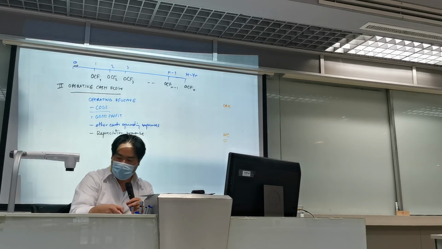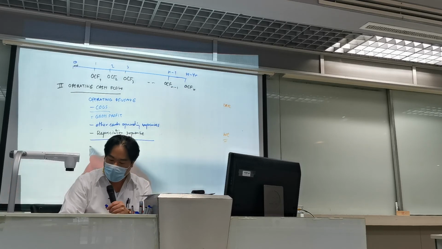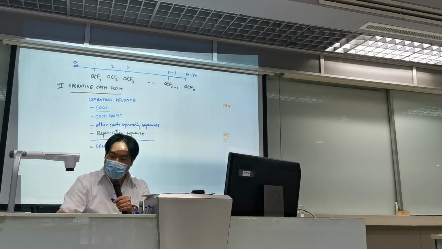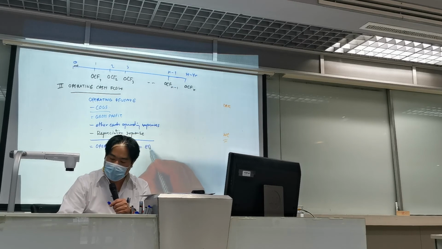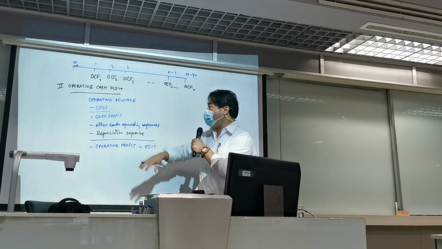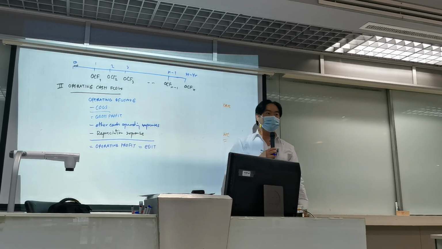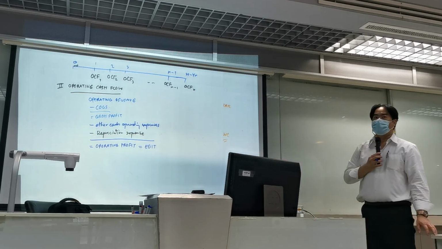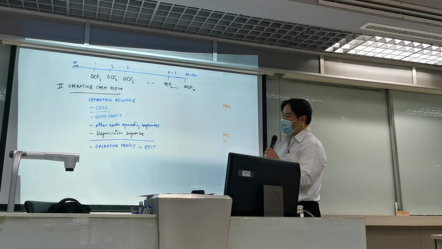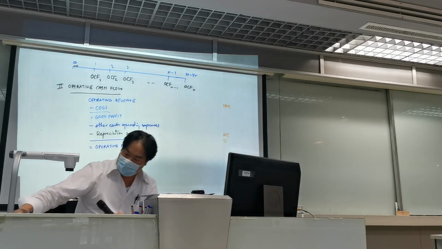So you get operating profit. For a very small company or small project like this one, it is equivalent to EBIT, okay, earnings before interest and tax. This is the pattern of the typical income statement, okay, right? This is what we have. After that, okay,